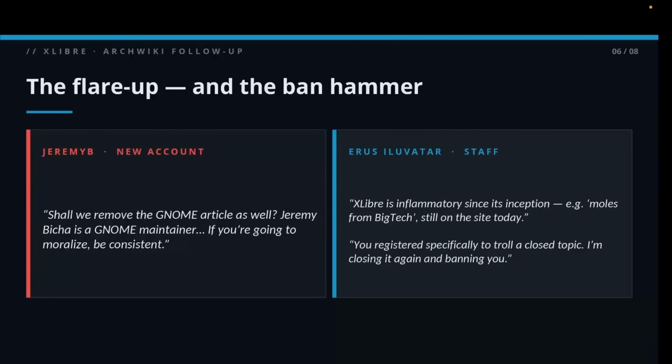But of course, now there have been new questions. And one of the questions, from a new account, said, should we remove the GNOME article as well, due to one of the comments from a GNOME maintainer? And if you're going to moralize upstream projects, you should be consistent. And the staff member just said, XLibre has been inflammatory since its inception. Multiple big texts still on the site today. You registered specifically to troll a closed topic. I'm closing it again and banning you. Now,